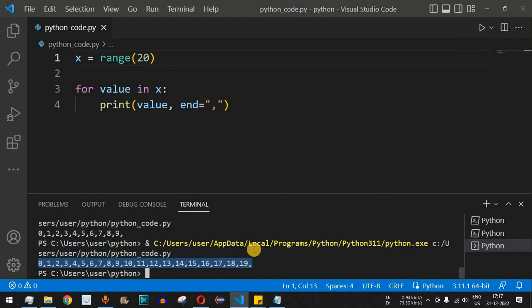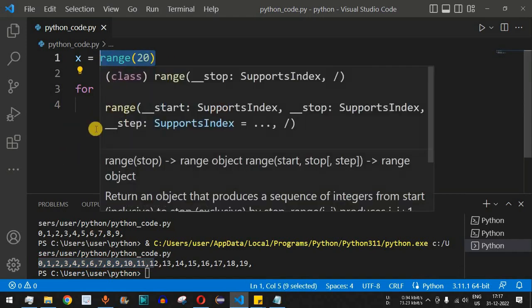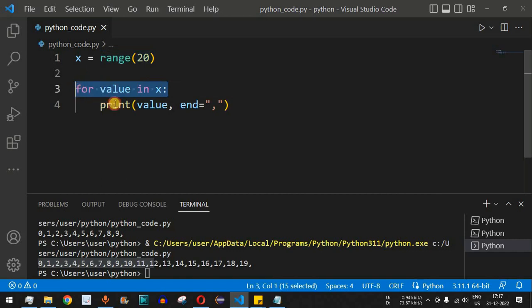So guys, let's say someone had told you to write a Python program in order to print the top 20 numbers starting from the number 0 up to 19. So instead of having the print statement 20 times and writing each and every number inside the print statement, we can simply have the range method over here, and we can use the for loop in order to iterate through the list that we have already defined over here. And that is how we simplify the problem that is given to us and write the Python program.